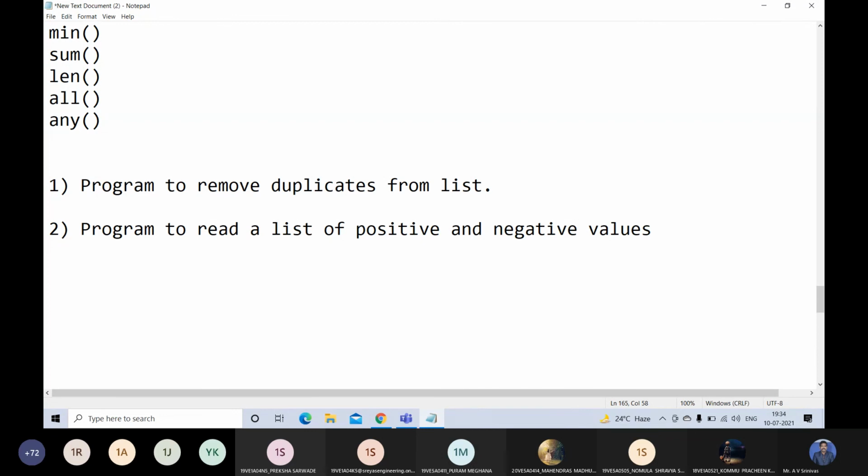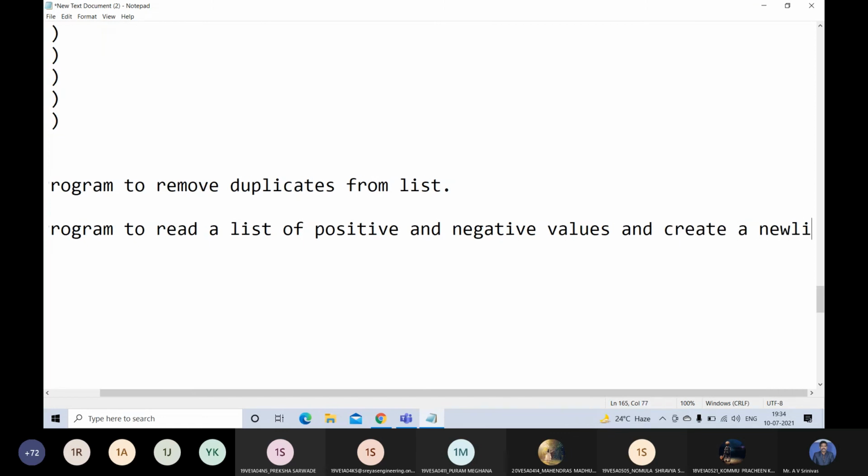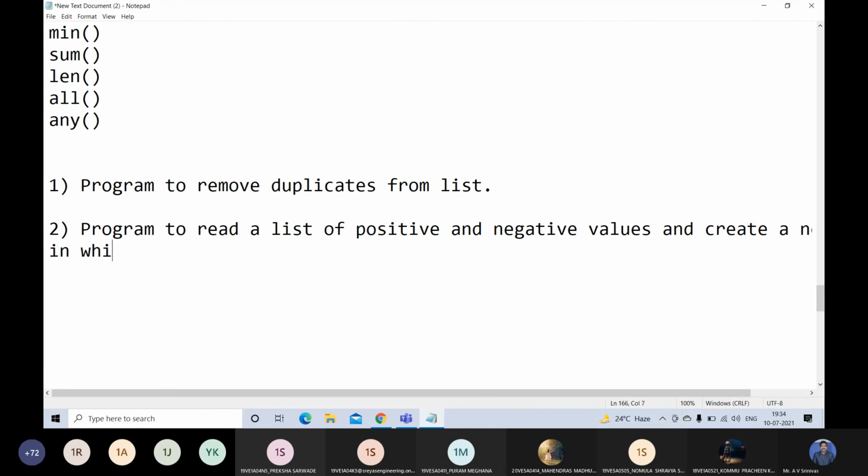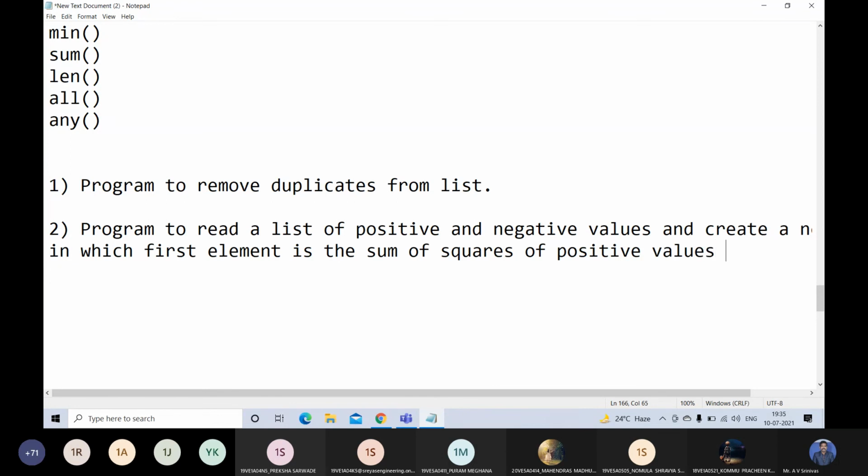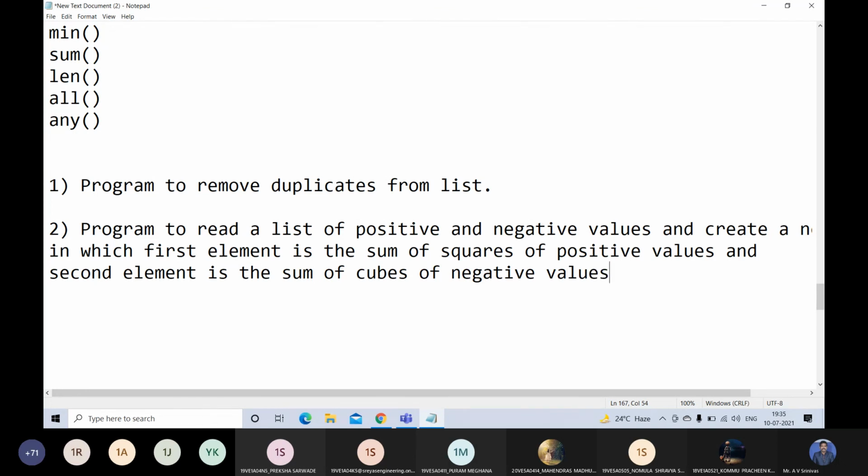In that list you have to store both positive values and negative values, and create a new list in which the first element is the sum of squares of positive values, and the second element is the sum of cubes of negative values.